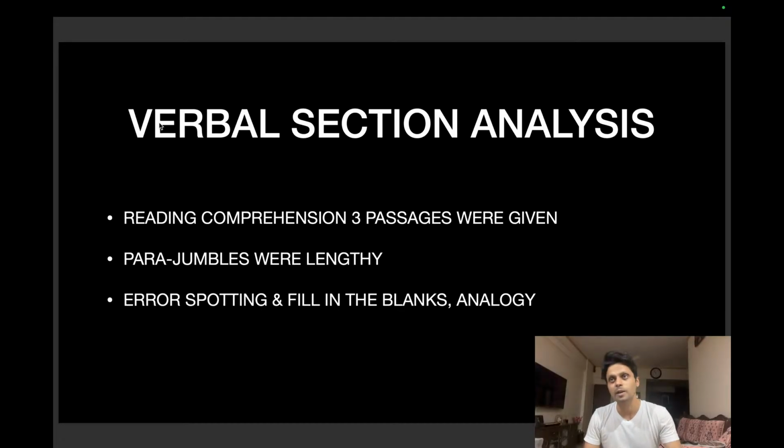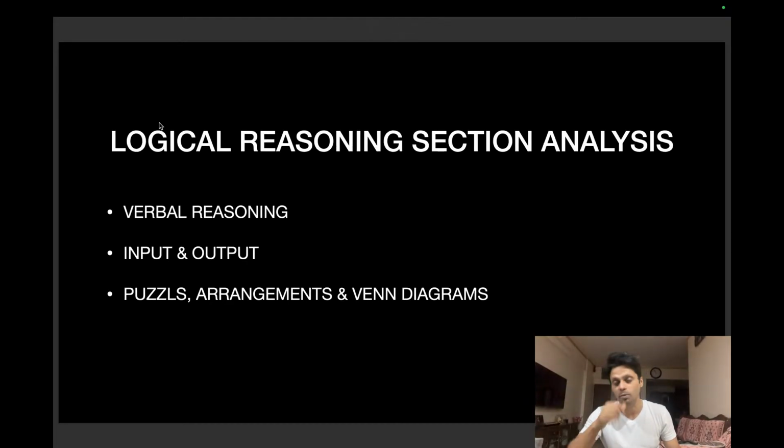Error spotting is basically finding the error, spot the error, fill in the blanks, vocabulary based questions, analogy, similarity. Again, it was a similar kind of vocab based question. So if you ask me, it was 1/3 reading comprehension questions, 1/3 questions like parajumble and other kinds of questions, summary based, critical reasoning, and error spotting and fill in the blanks questions were there. So more or less, the verbal section was quite doable. At the most, we can call it moderate level. Of course, we know how much time there is, 28 minutes, so do not waste your time in questions where you can easily get the questions done.